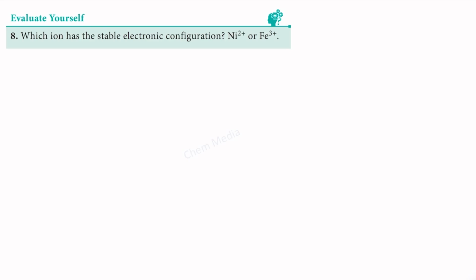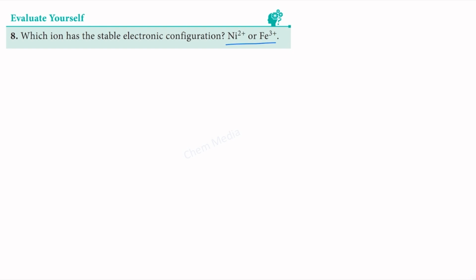Hello everyone, here is a question from quantum mechanical model of atom. Which ion has the stable electronic configuration, Ni2+ or Fe3+? Let us first write down the electronic configuration of both of them and then we will decide which one is